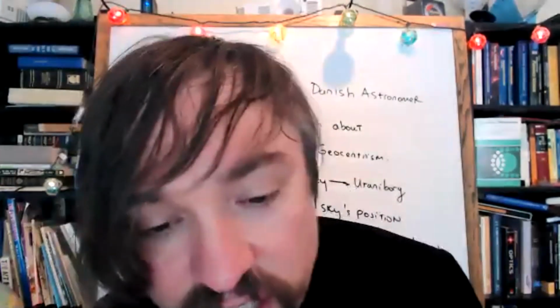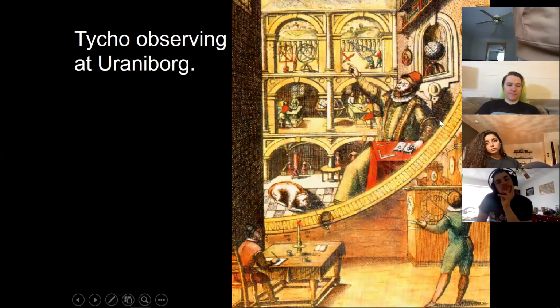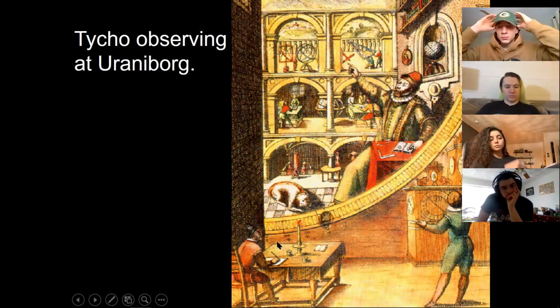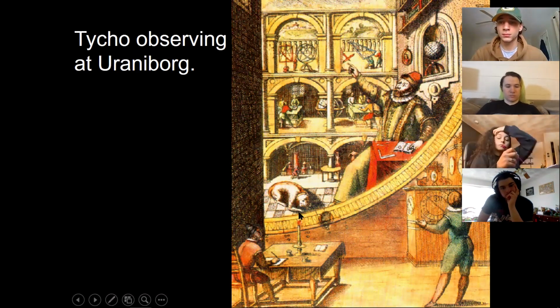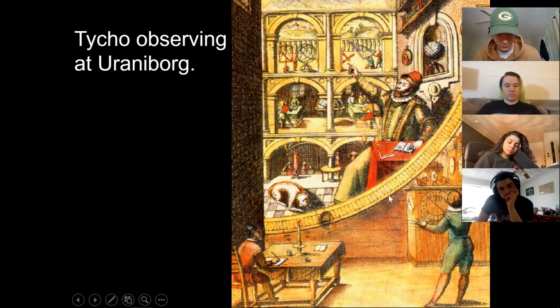And by the way, when he went to Uraniborg, he brought some friends with him. And you can see a picture of this in this famous woodcut. He brought out to the observatory a famous German mathematician who was his kind of graduate student named Johannes Kepler. And they also had a dwarf who did all of the cooking and cleaning and some of the record keeping. So here's a famous woodcut showing the legendary Tycho Brahe with Kepler and the dwarf taking measurements.